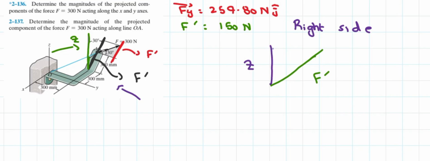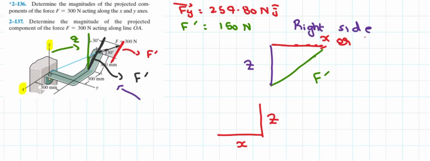But what about this length? Let me show you. If you take the right hand side view of this image, these two axes right here, this one is the z axis and this one is the x axis, may also look like this. This is basically our z axis and this is nothing but our x axis. So this length right here is basically along the x axis if you see the right hand side view of this image. Or you can say that this is basically the component of force F acting along the x-axis. This is nothing but our fx, and similarly this is basically our fz.